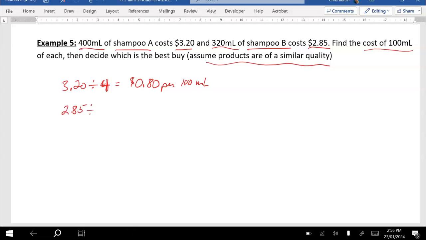Instead of 4 hundreds, here we have 3.2 hundreds, don't we? 3 wholes, 0.2 hundreds. And that's going to give us a cost of 0.89 dollars per 100 mils. So that tells us then that the first shampoo, shampoo A, is the better